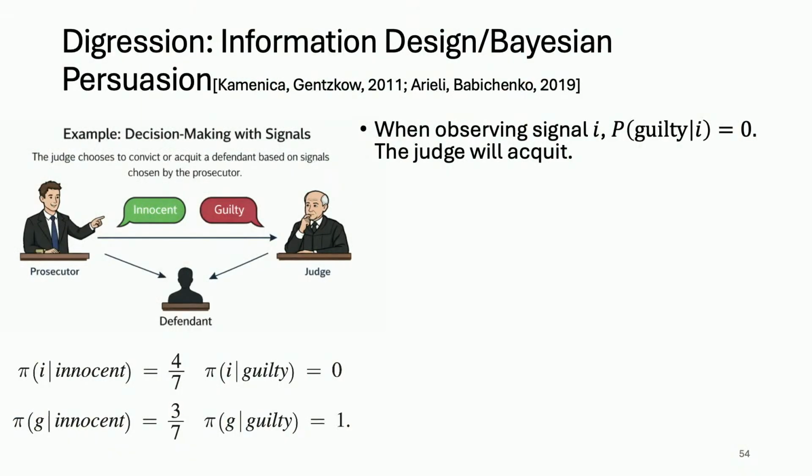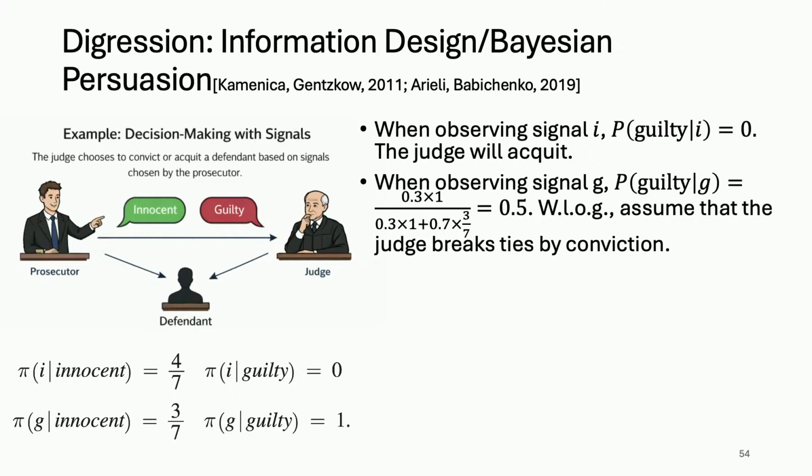Okay. So now consider this random signaling scheme. When observing the signal I, the probability of guilty conditional on I is 0. So when observing this signal, the judge will acquit. But when observing the signal G, the probability of guilty conditional on the signal G is 0.5. Assume that the judge will break ties by conviction, because we can always